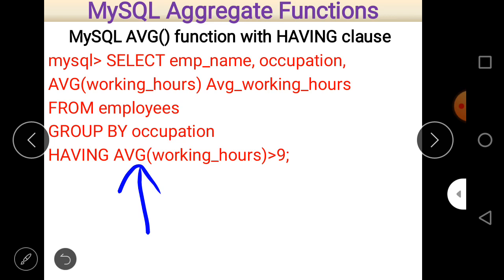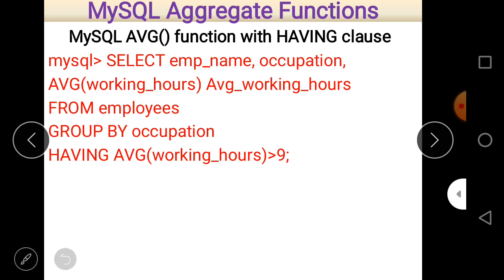So when we give a condition related to a group by clause, the condition must be given with the having clause, and that condition actually holds an aggregate function, and the aggregate function is average. So here it is already written as having avg working hours greater than or equal to 9.